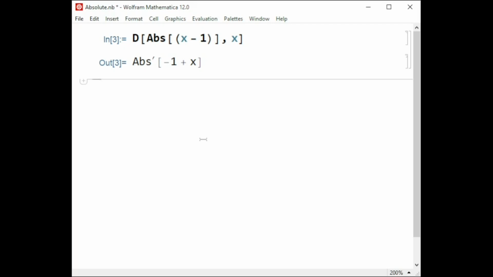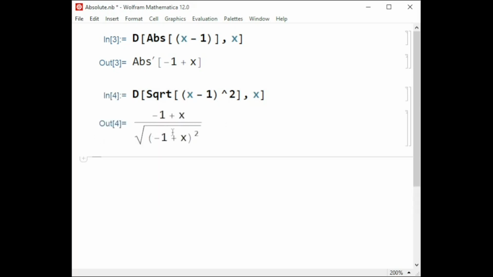However, we know that there is another definition of the absolute, that is, the absolute of x minus 1 can be written in another way. So I take the derivative of the square root of the same function x minus 1, and I'm squaring it. So I take the square of this and then I close the function and then I take the derivative with respect to x. If I run this form of the absolute of x minus 1, then it gives me the